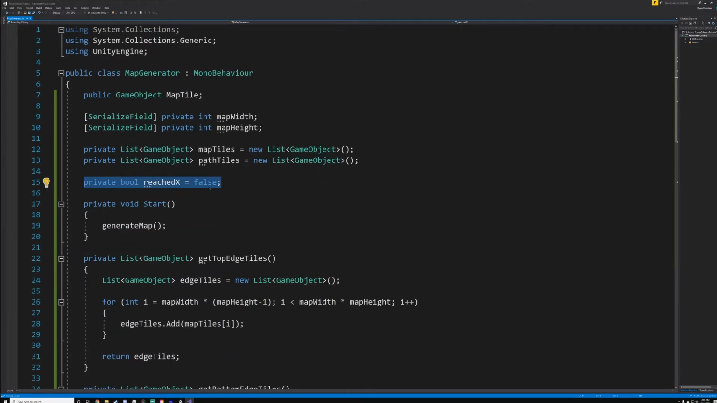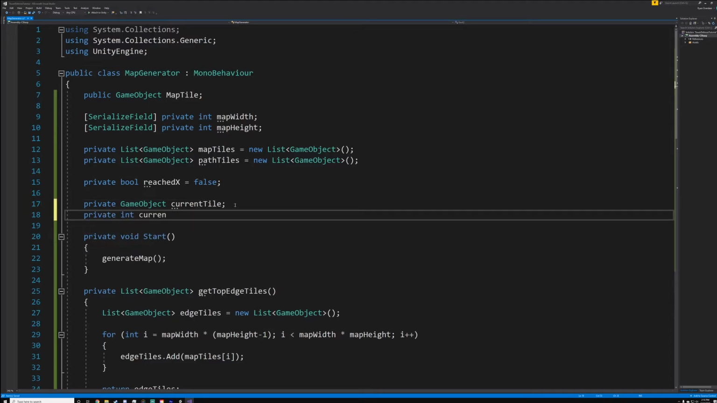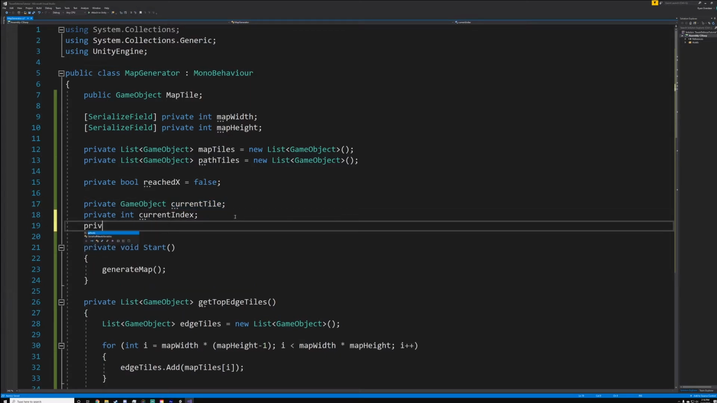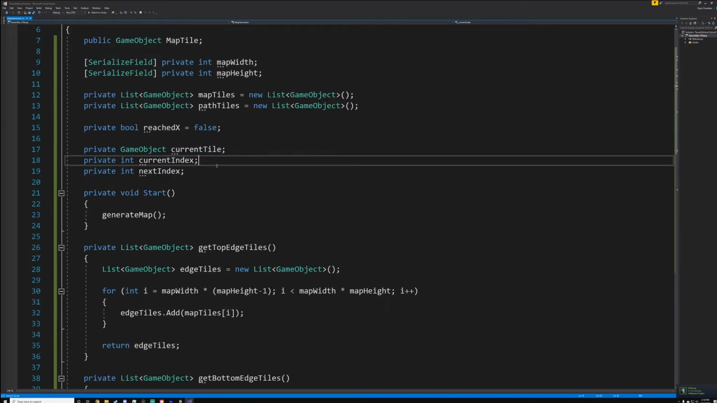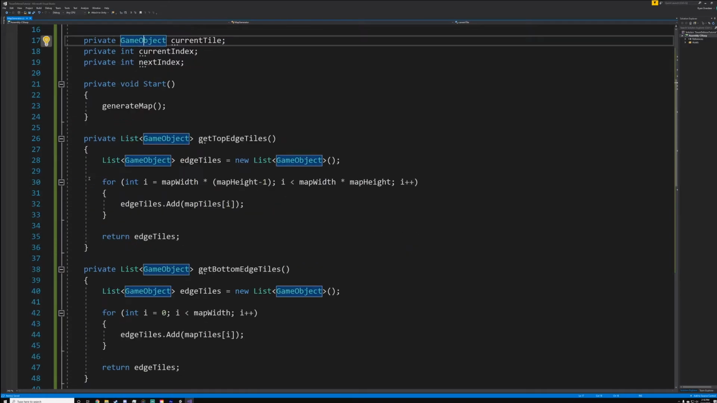Now what we need to do is create a few more variables. We're going to create a private GameObject currentTile, to describe the tile that we are currently on in the generation. And then private int currentIndex, which is going to be the current index of this tile right here. And then private int nextIndex is going to be whatever index we choose to then set this currentTile variable to. Sorry, that was a bit confusing. We just need to add these four variables here. I'm just going to let you do that right now. Alright, after that,